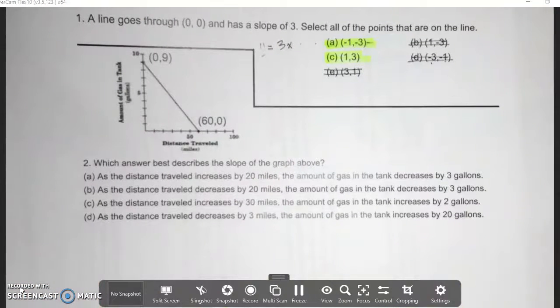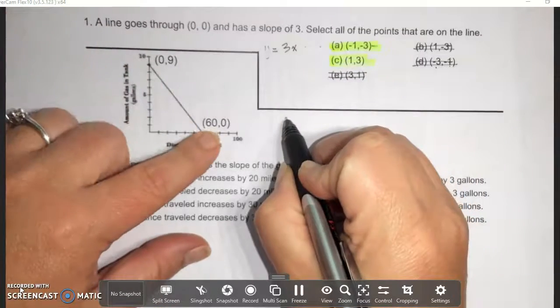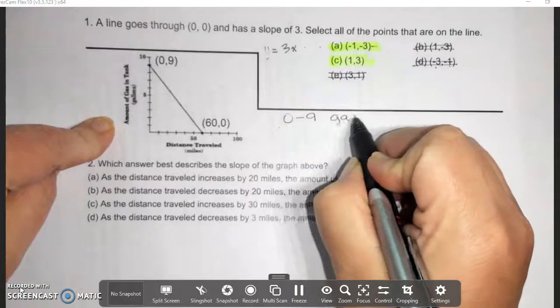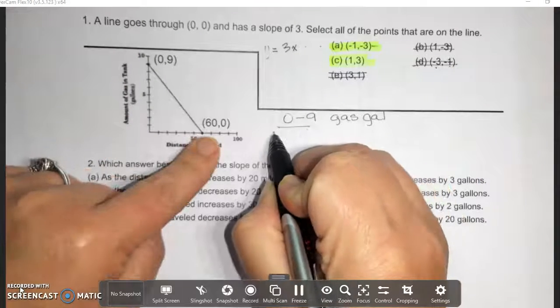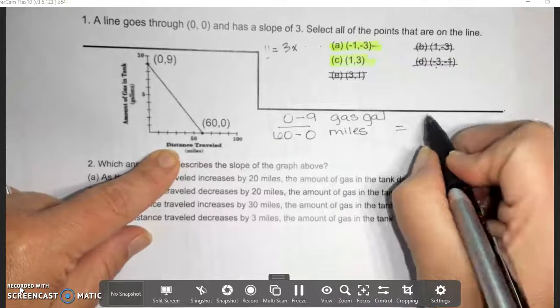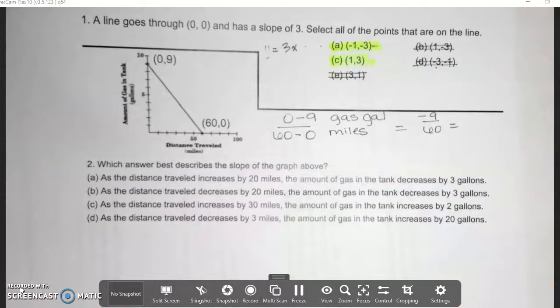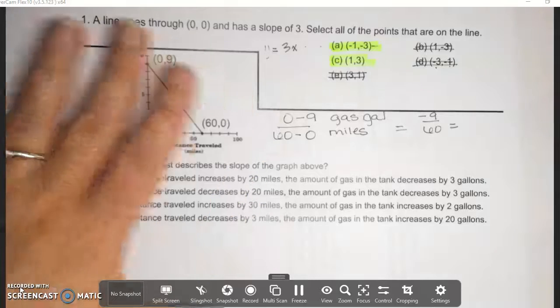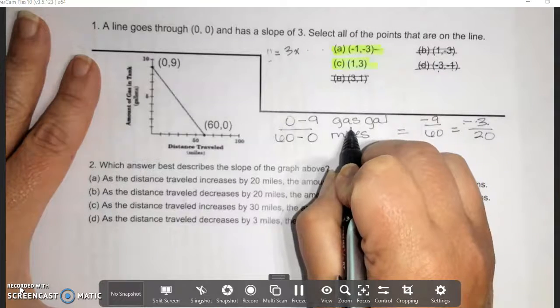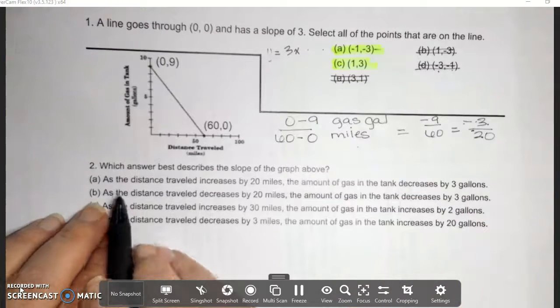Which answer best describes the slope of the graph above? As the distance traveled increases by 20 miles, the amount of gas in the tank decreases by 3 gallons. Let's first find the slope. So y2 minus y1, and our y represents gas in gallons. x2 minus x1, and that is miles. And so when you reduce it, you're going to get 3 over 20. So it's going to be decrease 3 gallons